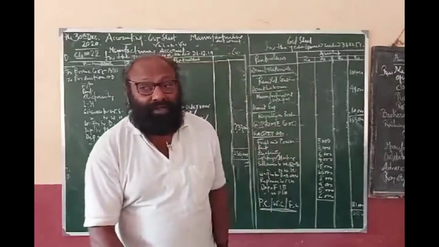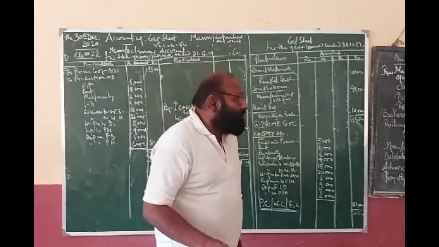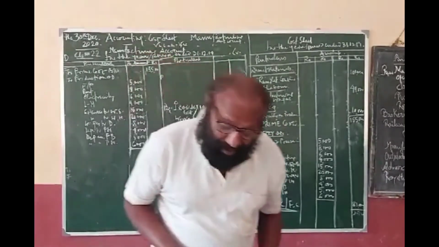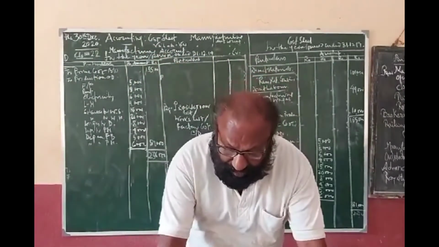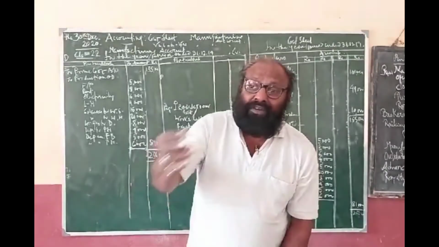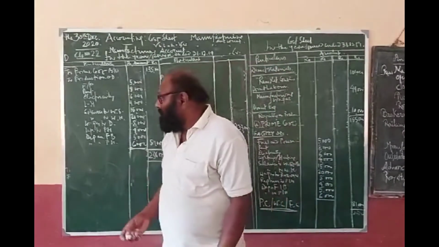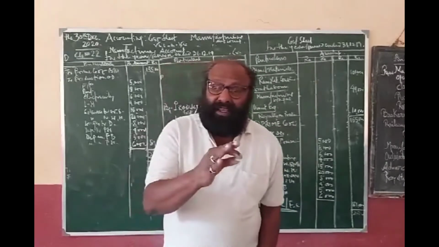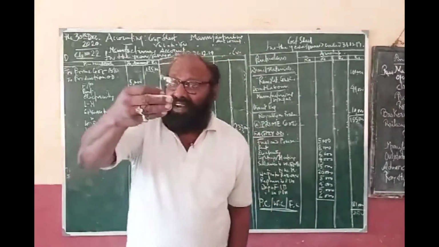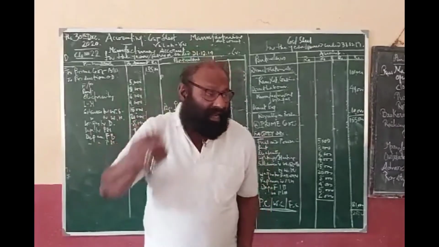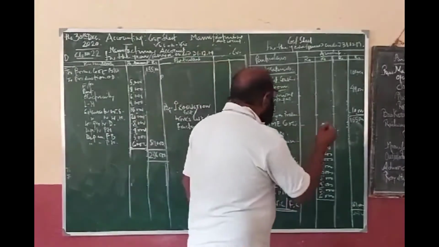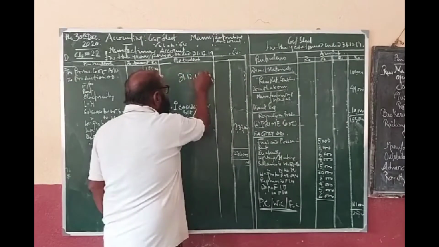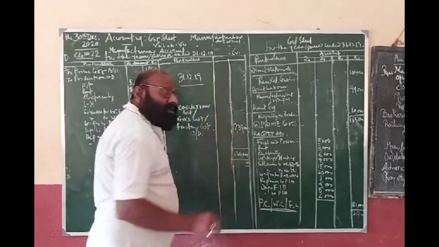Now I am adding something that I have not told you yesterday. Every organization, the producing organization or trading organization, whatever the nature of activities, one thing we should know is that it is a running organization. At the end of the year, whenever you are preparing, say the date is 31st December 2019. Okay, that is our closing date.